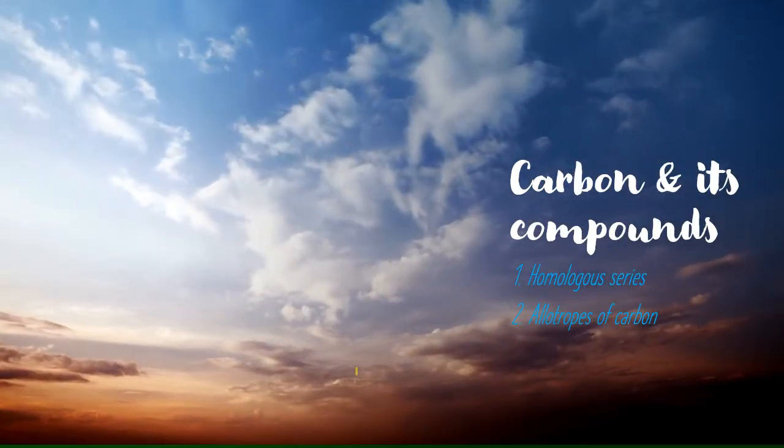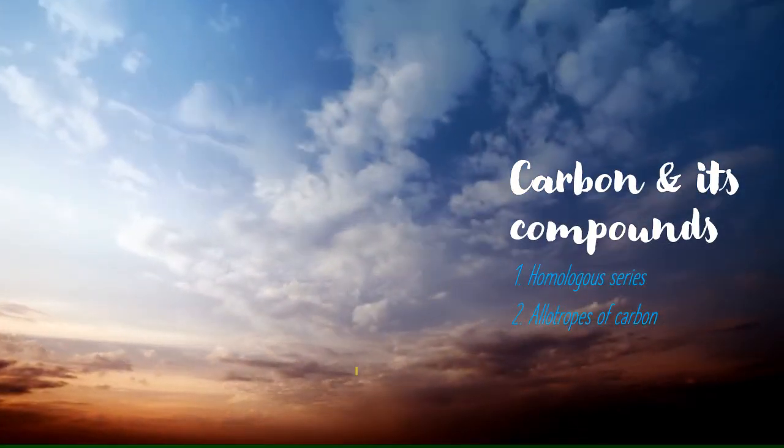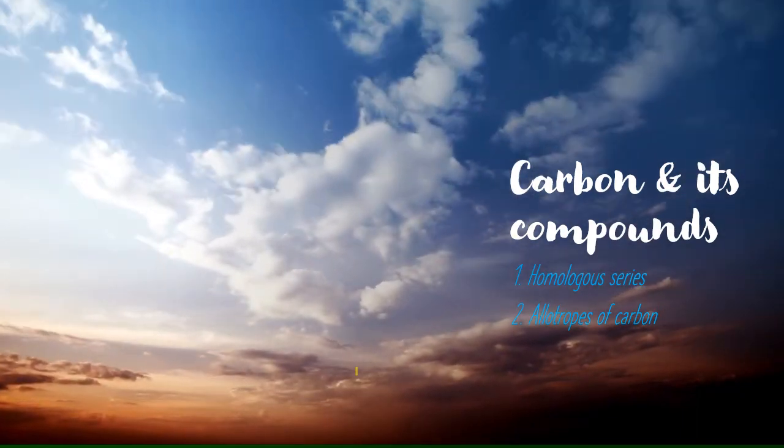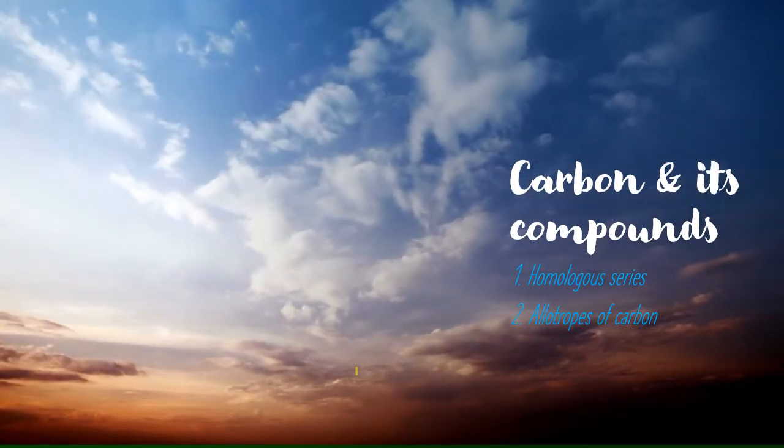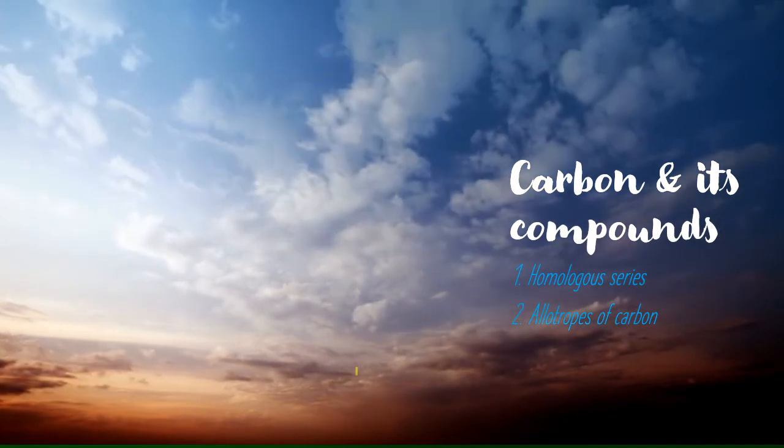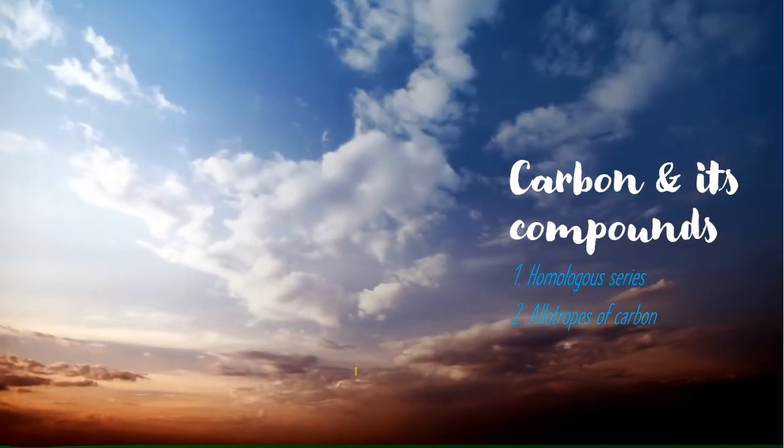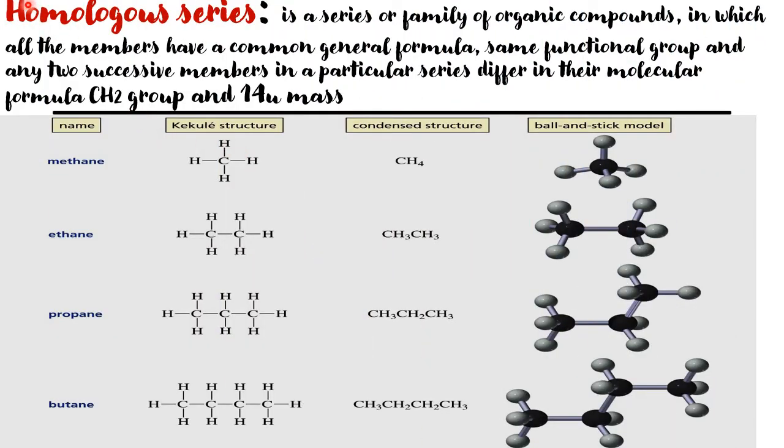Today, in the chapter Carbon and its Compounds, I will teach you homologous series and allotropes of carbon. Homologous series. Children, homologous series is a series or family of organic compounds in which all the members have a